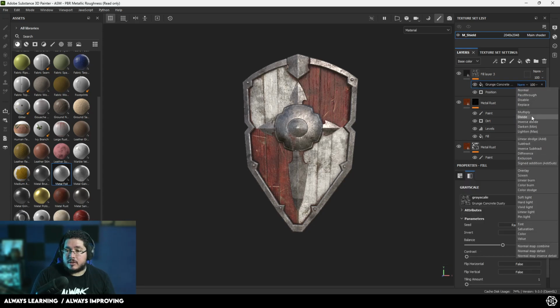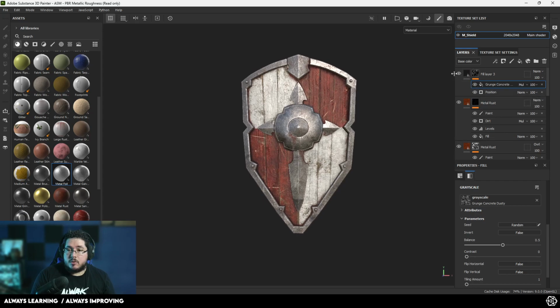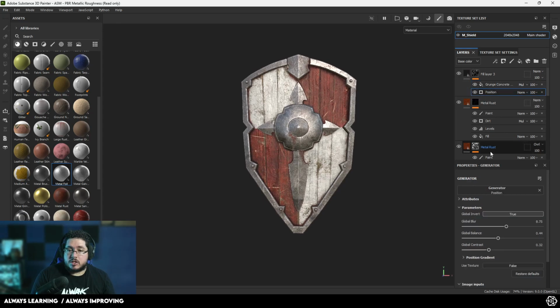And we're going to multiply this. So now as you can see, we're adding this little dirt that's coming from the bottom, and we're playing with the